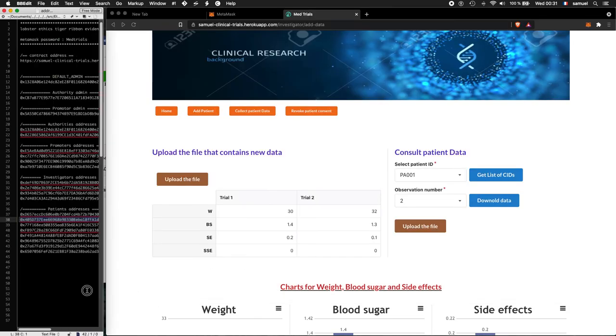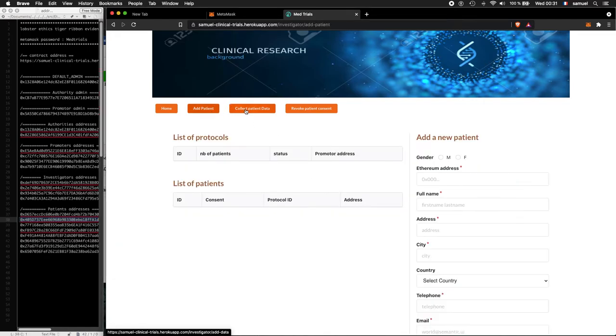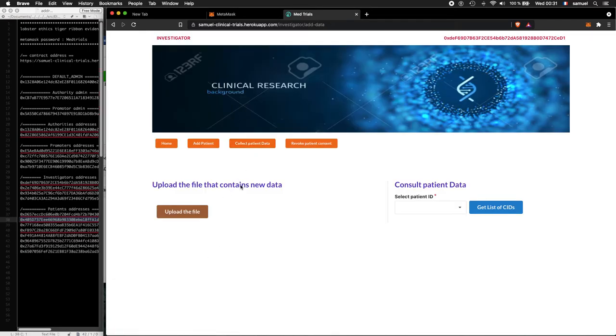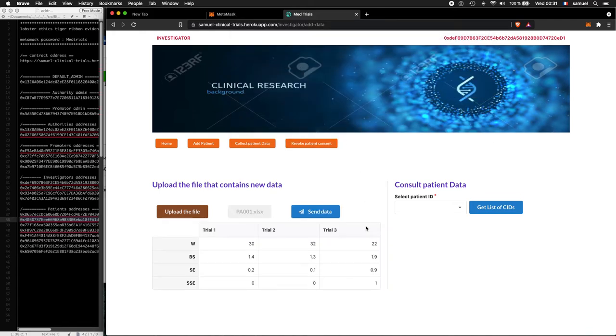And now we just go back to the decentralized application, and we need to collect this trial. So click on collect patient data for the third trial, upload, and select the data. The patient ID is PA001, so the same patient.